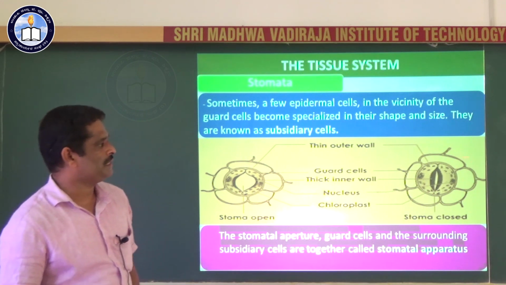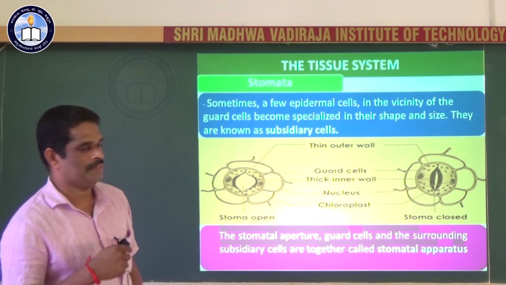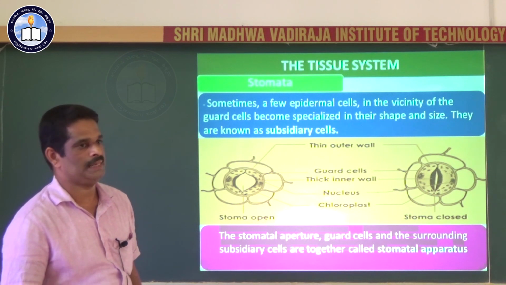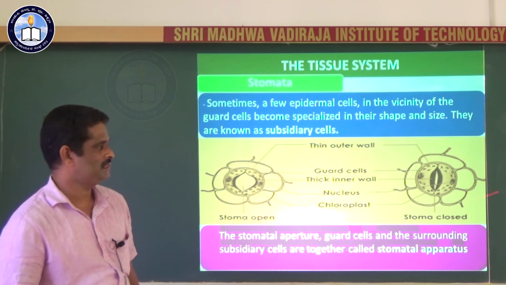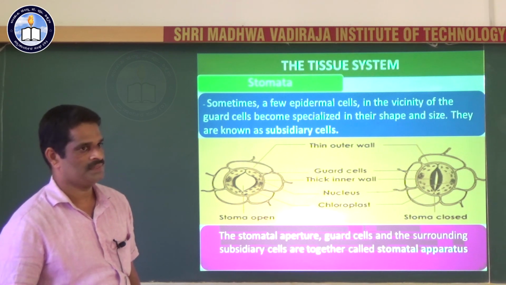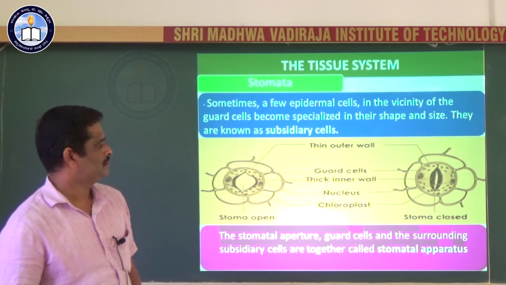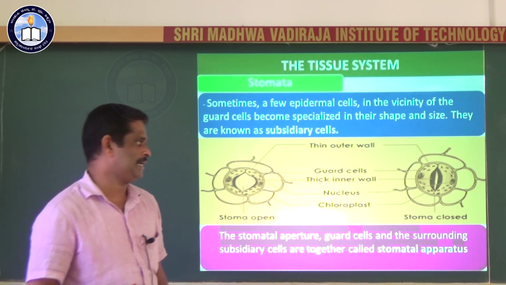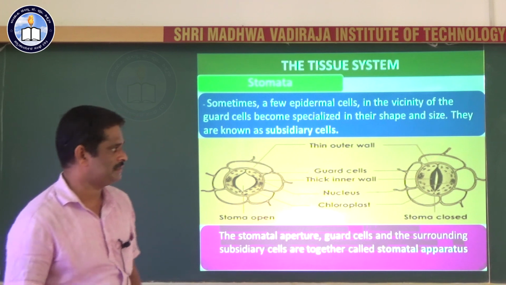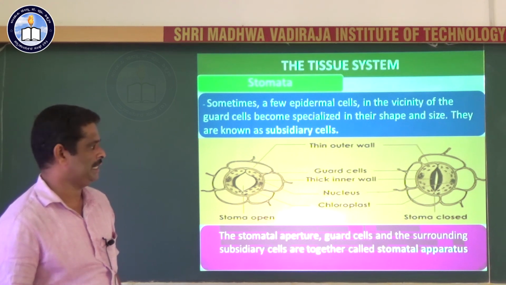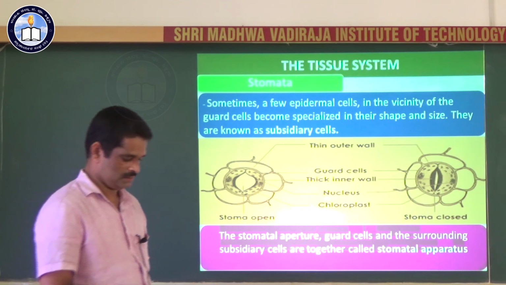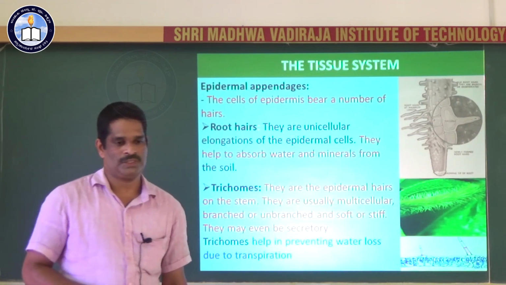The stomata is made of modified epidermal cells. The guard cell is nothing but a modified epidermal cell. The size of this epidermal cell is smaller than the remaining epidermal cells. Another important feature is that these cells possess chloroplasts and also cellulose microfibrils which are arranged radially. Another important feature, the guard cell shows uneven thickening. The inner wall is thick and the outer wall is thin. So that's about the stomata.